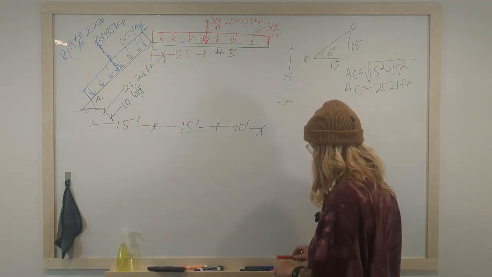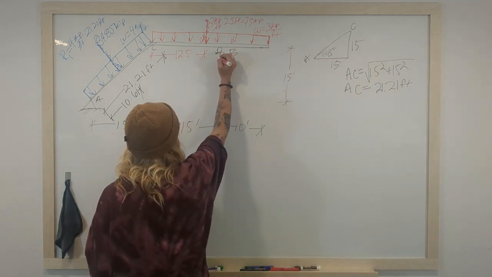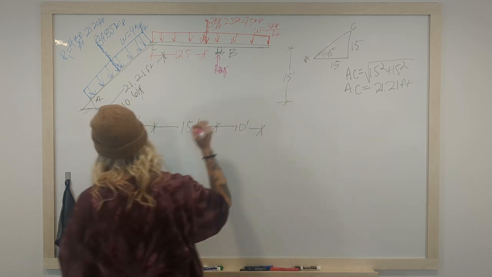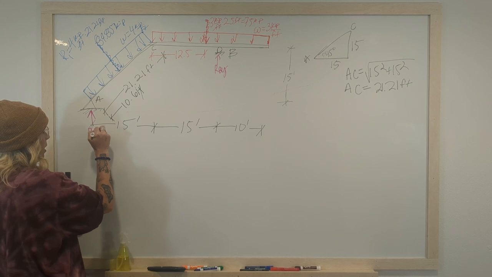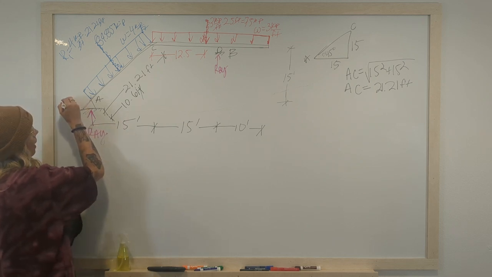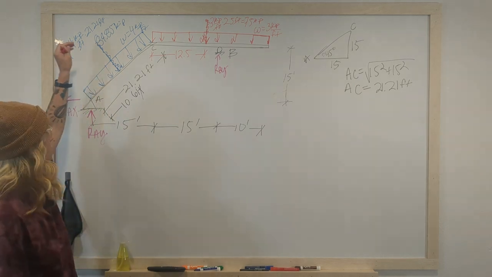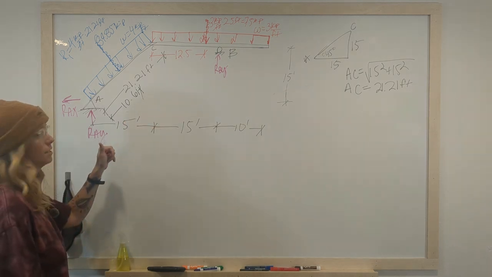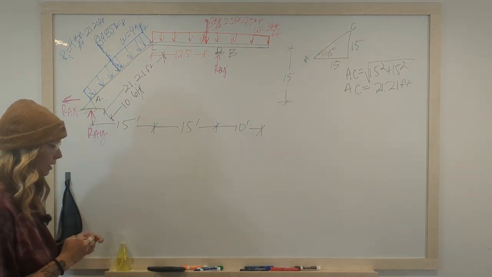Alright, well, what do we have going on at our supports? B is a roller, so we have R, B, Y. Over here at A, we have a hinge, so we have R, A, Y and R, A, X. Now, I just took a glance at this, and I know that this has an x component going to the right. That's the only x component that's out there, so my RAX has to be going to the left. Okay? But if you